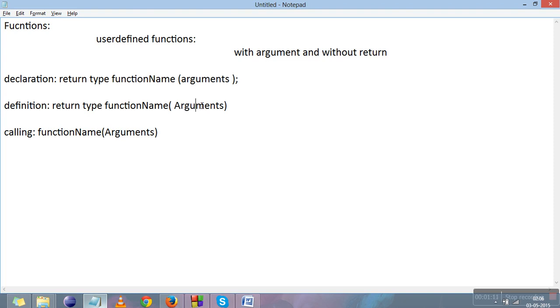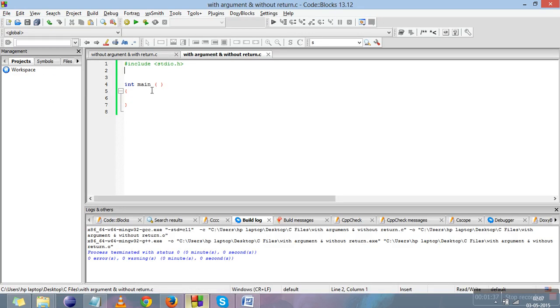At this point you just need to learn that the argument we pass in the function can be integer, float, double or character. And in the calling function name and argument, the type of the argument and the number of arguments should match in both of these: integer or character, or so on. You can do any combination in this. So now we'll move to code.